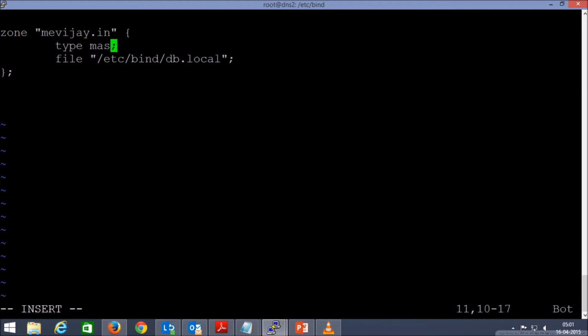We'll replace this with slave, and then we'll define which file I'm going to use. All right, one more line needs to be inserted here, and that is masters, using curly braces.